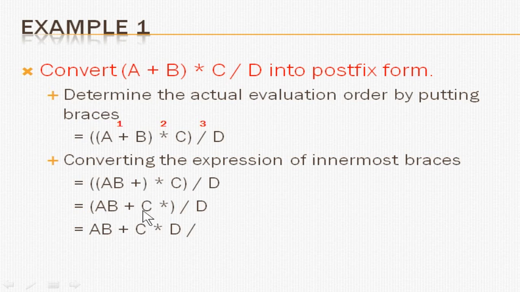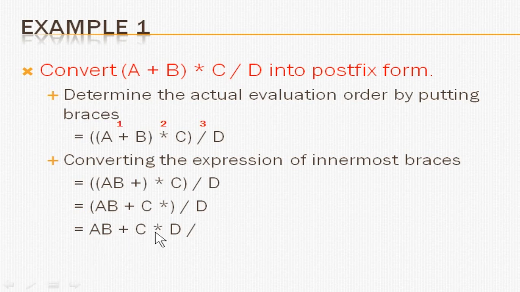Okay, so a b plus is the first expression, that is the first operand, and then c is the second operand, and then push the operator, that is asterisk, at the right side, that is at the end after the operands. So you can see it will be converted. Now the other bracket, that is the parenthesis, is there for the first operand, that is a slash b. So the postfix notation will be a b slash. So that's what you are going to get.